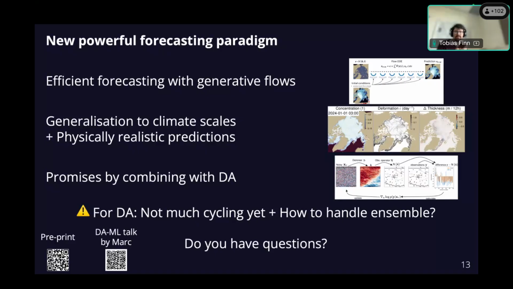For example, I have 64 subdomains, so if we would scale to 64 GPUs, we can really scale this up very much like we do in numerical modeling. So we can really use tricks of numerical modeling in generative flows, and this really speeds up generative flows.